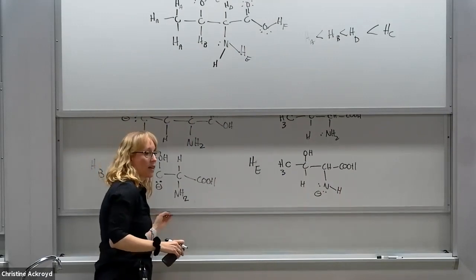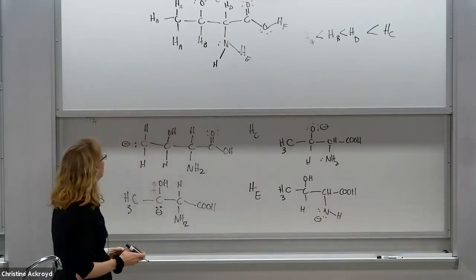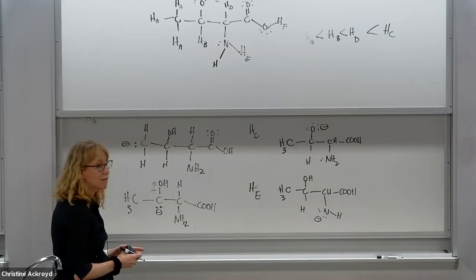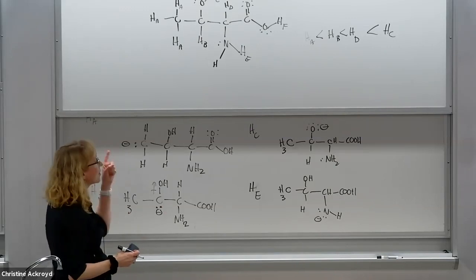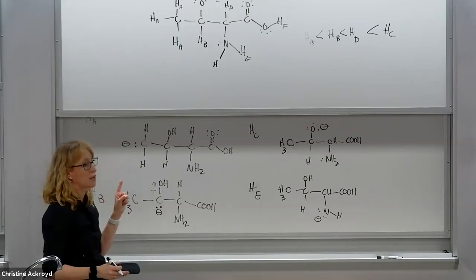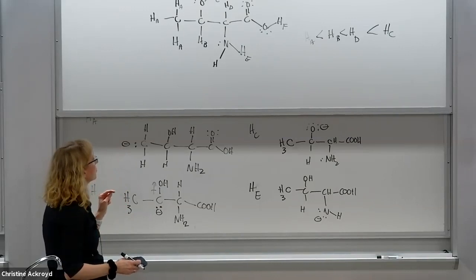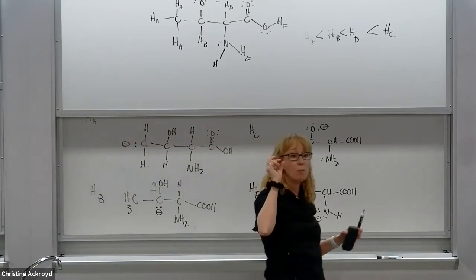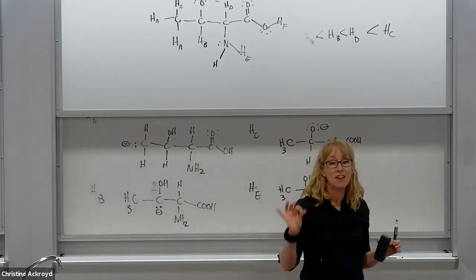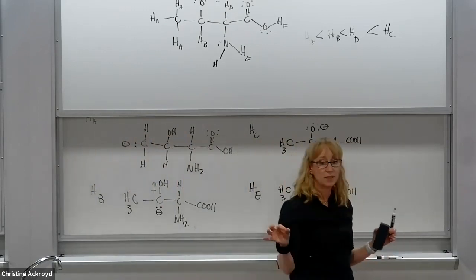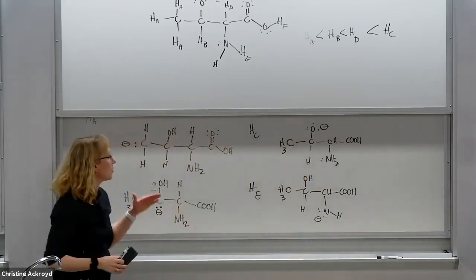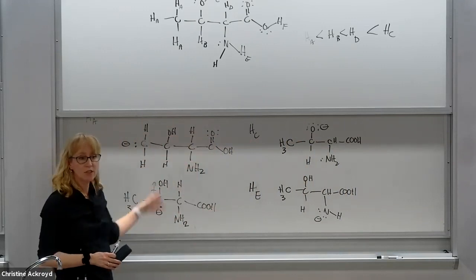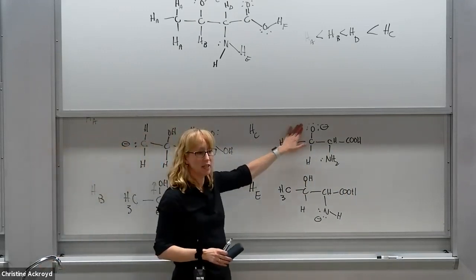So for proton B, you pull off the proton, the negative charge is left on the carbon, and the oxygen is polarized. Oxygen stabilizes it somewhat, but since the negative charge is left on a carbon instead of a nitrogen, proton B is less stable. Okay, so the most important thing is what kind of atom is the negative charge left on? That trumps everything else. And if you can have a negative charge on oxygen versus nitrogen versus carbon, it's going to be the negative charge left on oxygen that is most favorable.